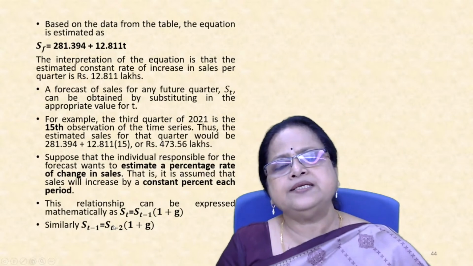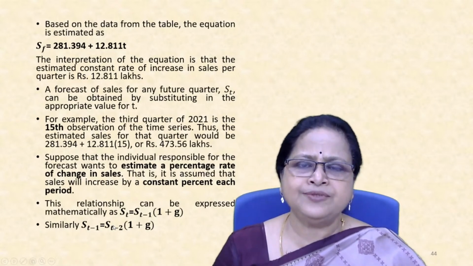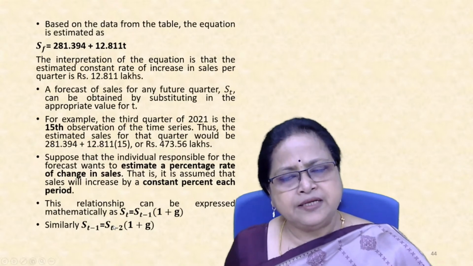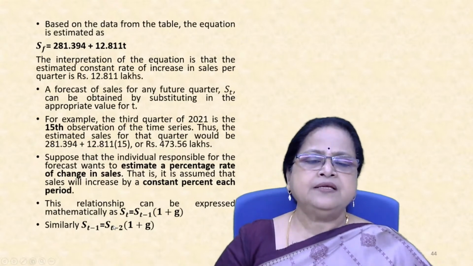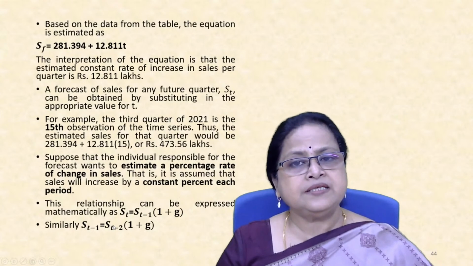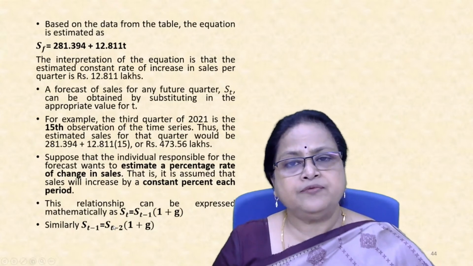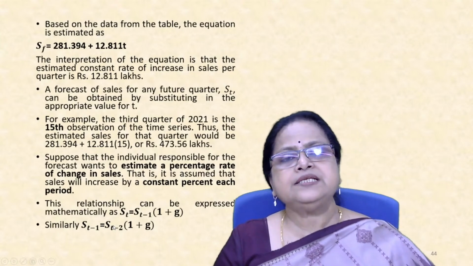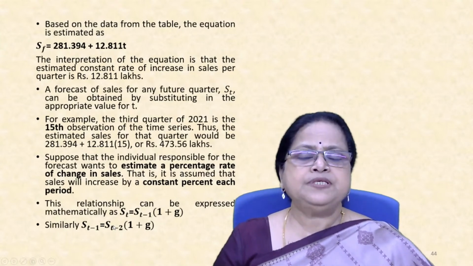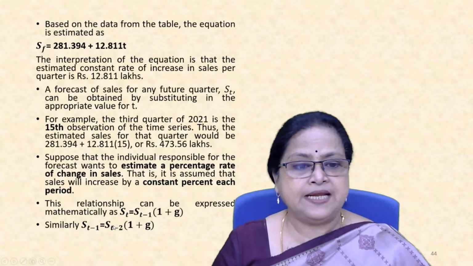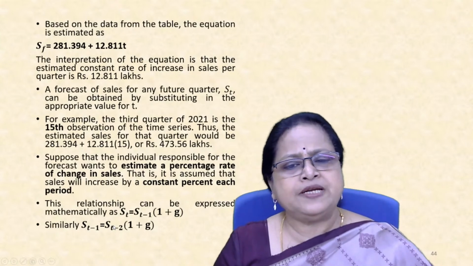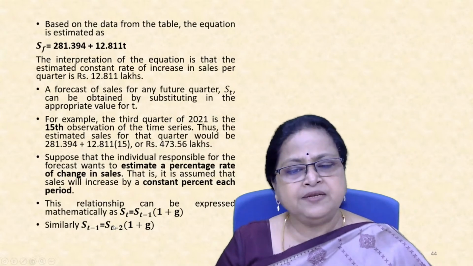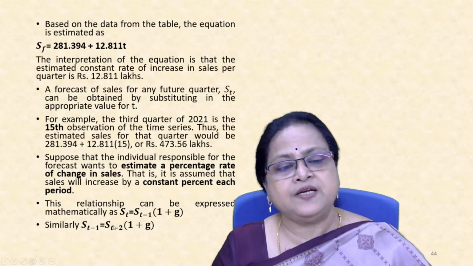In the table, data is only up to 2020. On the basis of that, there is a forecast taking the time period, and we can say that the sales at the end of quarter 3 of 2021 are likely to be rupees 473.56 lakhs. Suppose that an individual responsible for the forecast wants to estimate a percentage rate